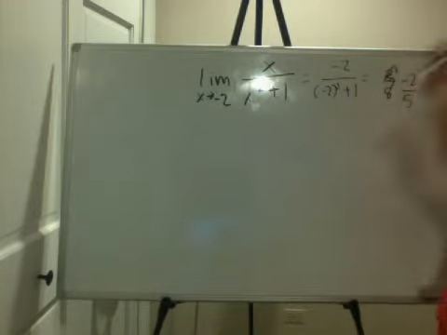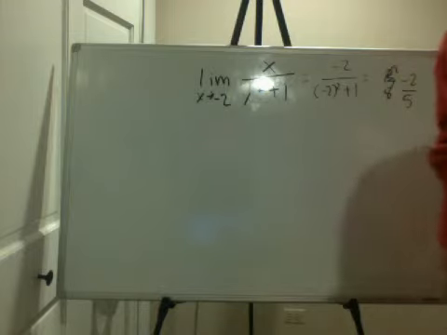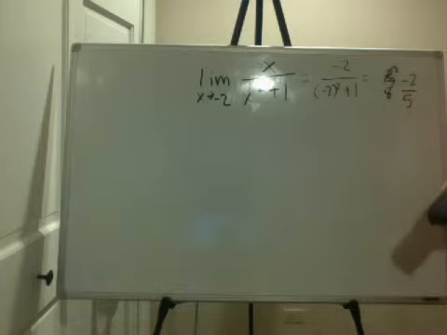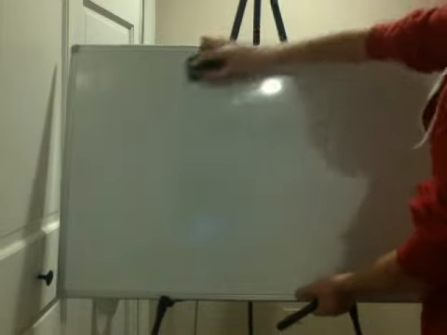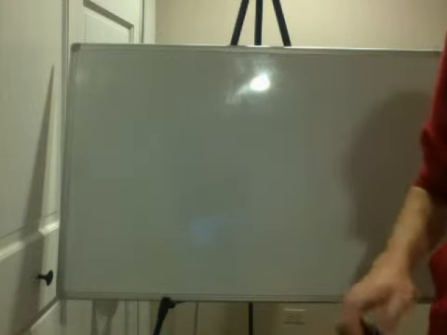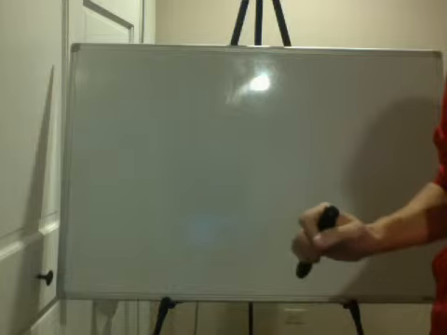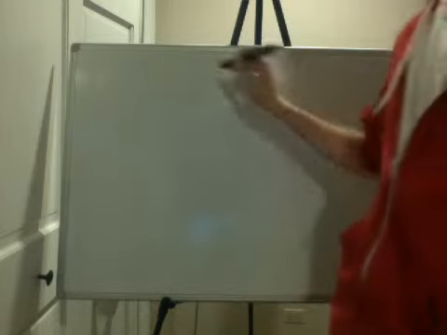-2/5. Alright, so the first thing you want to do is just check, can I just plug this in without causing any problems? The only thing that might end up happening in this case would be, what if you get a value that would cause something to divide by 0. So in this question,